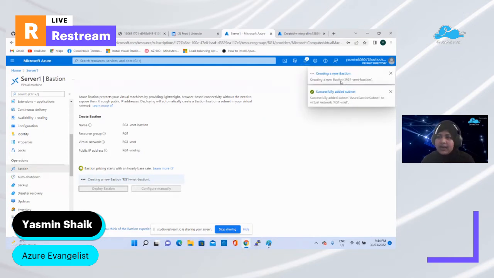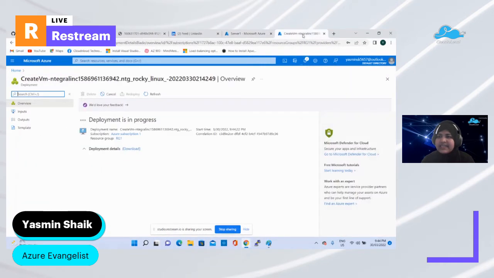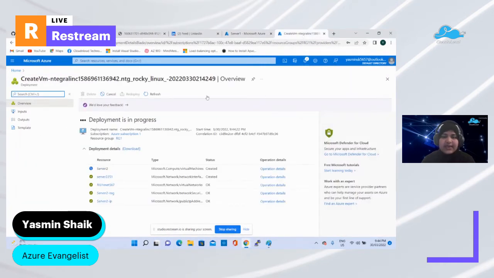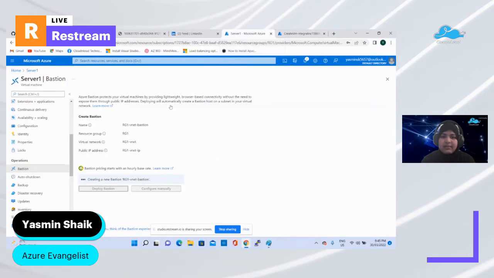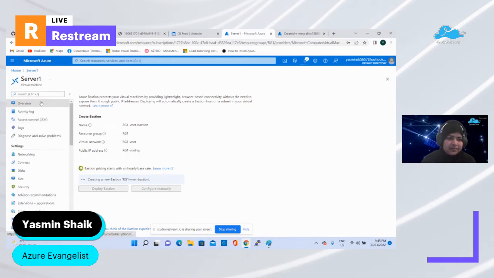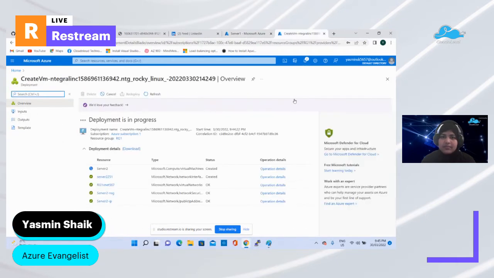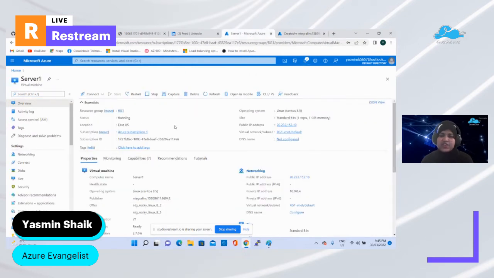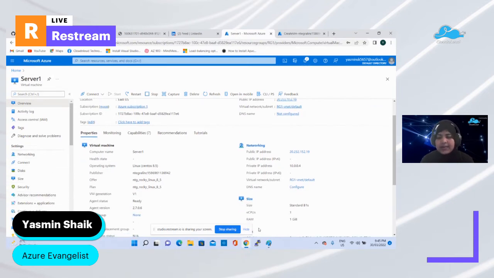Okay, meanwhile, let's see the status of our second virtual machine. It's still in deployment. Okay, let's come back. So I have enabled the Bastion service. Let's see. Okay, so what I will do is, until my second virtual machine gets created, as my first virtual machine is already available and as it's taking some time, I'll go with PuTTY.